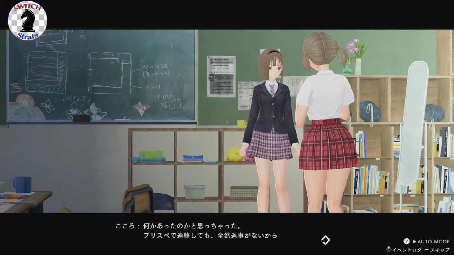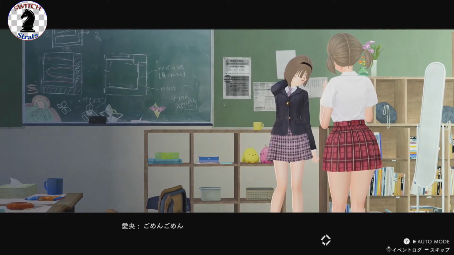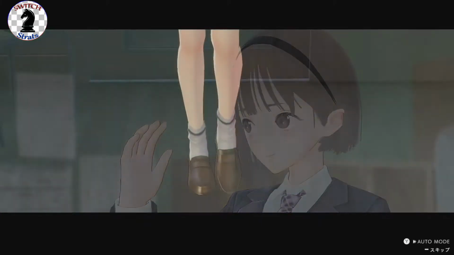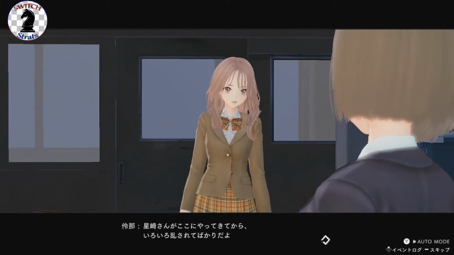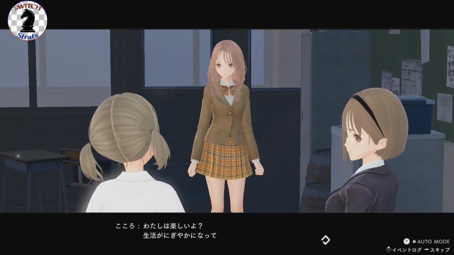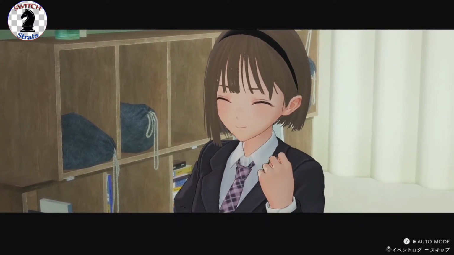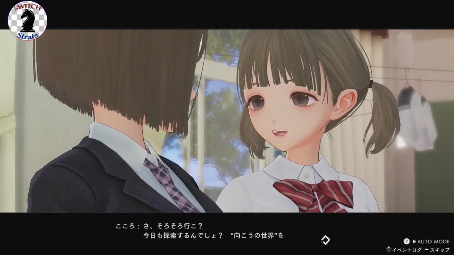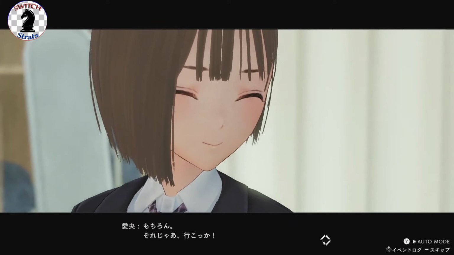何かあったのかと思っちゃった。フリスペで連絡しても全然返事がないから。ごめんごめん。まったく探す身にもなってよね。Okay, so it's like kind of slacking off again. ごめんってレナさん。So we have Marina here. 星崎さんがここにやってきてからいろいろ乱されてばかりだよ。私は楽しいよ。生活が賑やかになって。She seems quite carefree. 聞いた？賑やかになったって。うるさい。はい。Don't need any of that right now. さあ、そろそろ行こう。今日も探索するんでしょ？向こうの世界を。Alright, so today we're going to check out the alternate もちろん。world. それじゃあ行こっか。